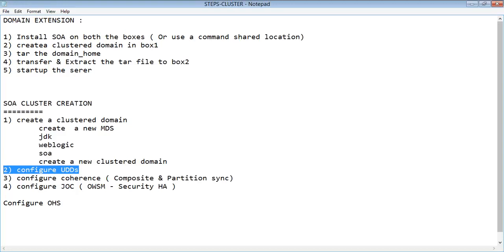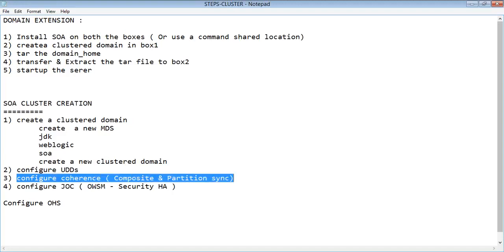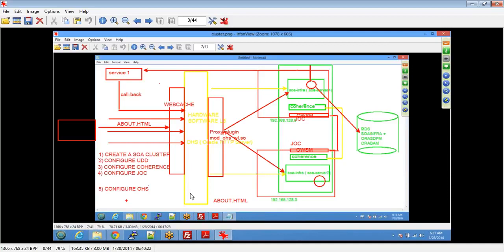Now the next thing is you have to configure coherence and you have to configure GOC. Let's configure coherence. As I told you, coherence is a cluster here. Coherence works on a different cluster. Coherence is basically for synchronizing the composites and partition information across these infrastructures, SOA infra 1 and SOA infra 2. Now the coherence itself is running on a separate